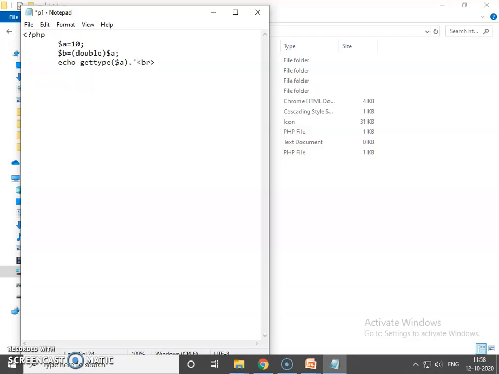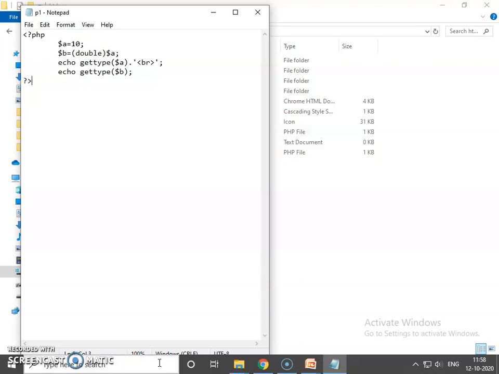In single quotation marks, we have to put all the tags. Now we will get the data type of the $b variable. gettype of $b. So it will return double.